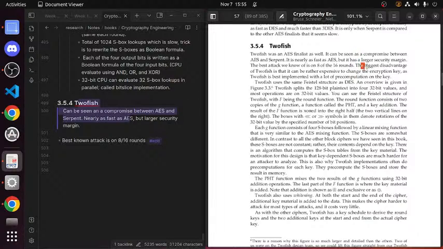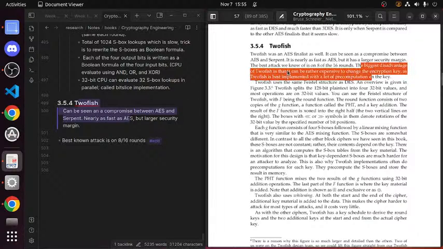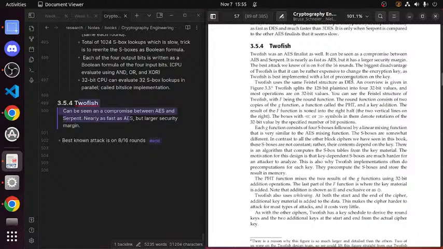The biggest disadvantage of Twofish is that it can be rather expensive to change the encryption key, as Twofish is best implemented with a lot of pre-computation on the key. So you do a lot of pre-computation, you get a certain key, and it's almost as fast, but finding a new key, you have to do all this pre-computation again.